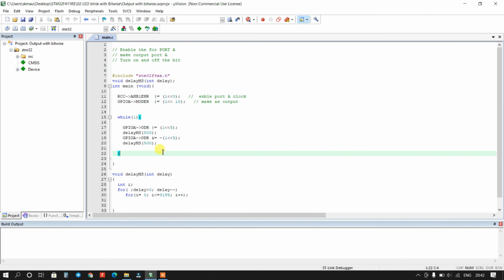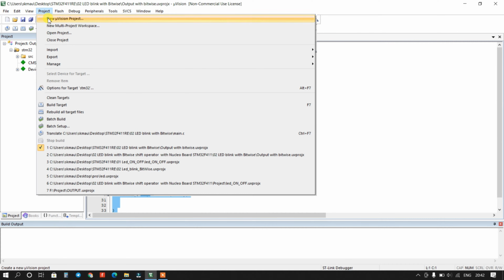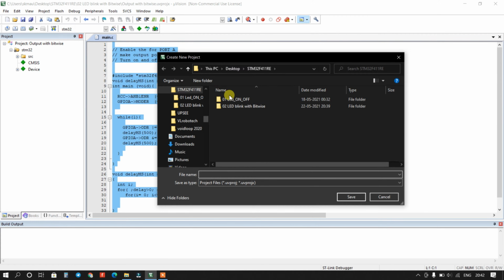So I will not edit this code. I will create another project. So I will select and copy and create here a new project, create here a new folder. It is 03.